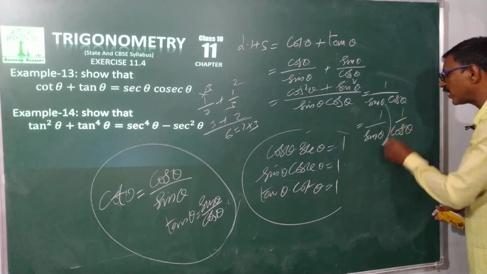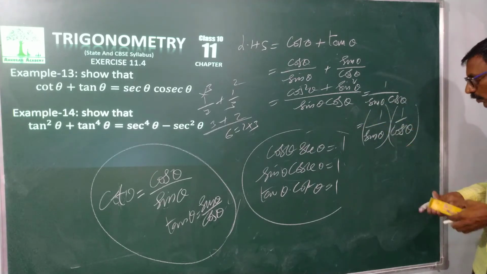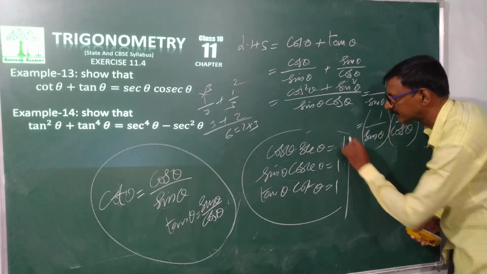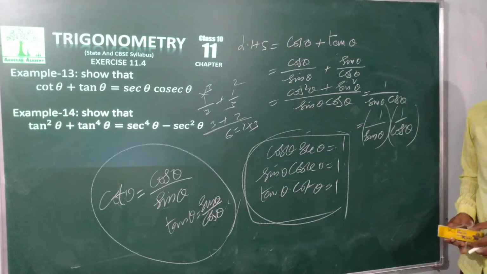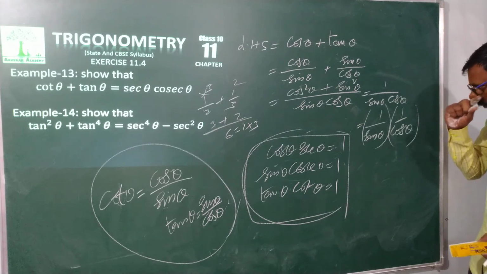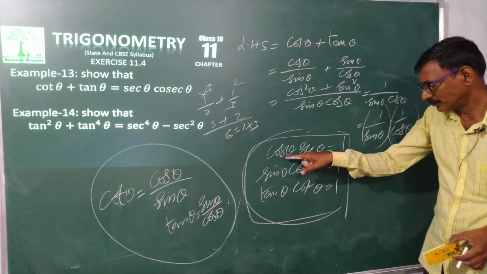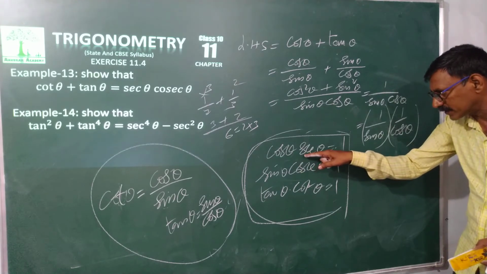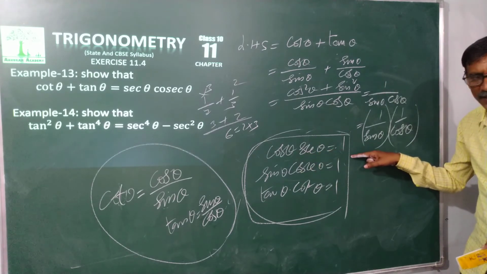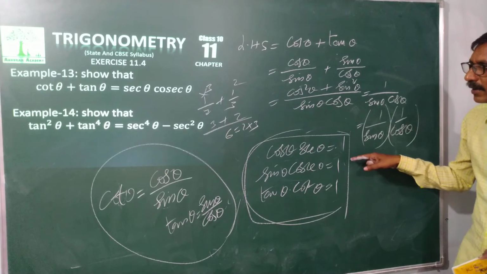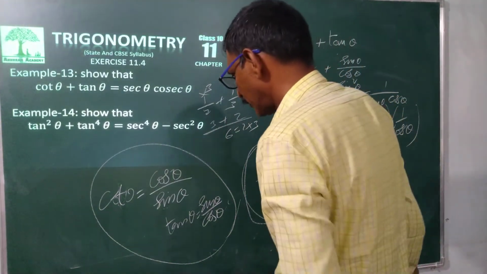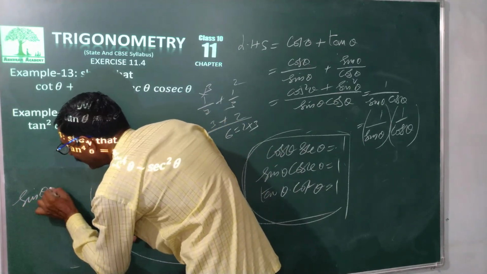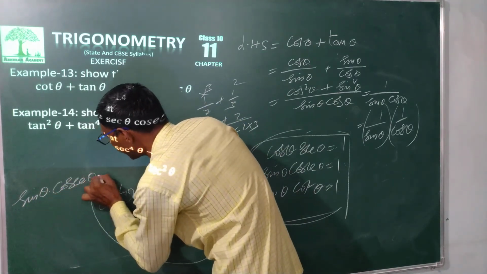Now, this is very important, this and this. These two we can transform by the help of these products. See here, cos theta is equal to 1 by sec theta. Why? Because it is multiplying, it will go this side. It divides. Am I clear or not? See here. Here I would like to write sin theta into cosecant theta is equals to 1.